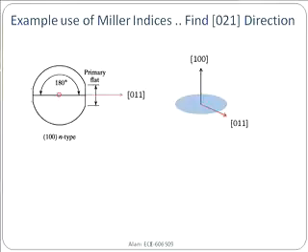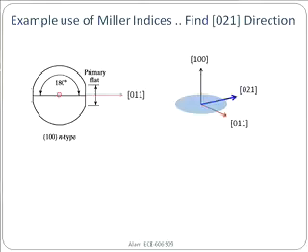And this is how you can see, either on the left side, which is the top view of the wafer, or the right side, which is the perspective view, that I have drawn those two vectors: 100, perpendicular to the 100 surface, and 011, shown here in red, perpendicular to the primary cut. Now, if you wanted to know, given these two vectors, where the third vector 021 would be, very easy,